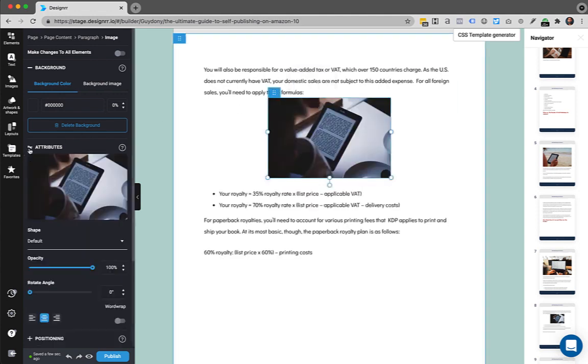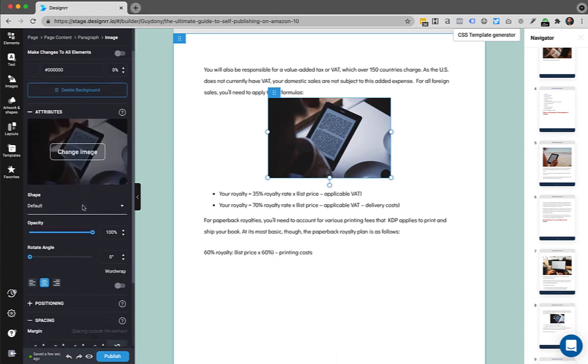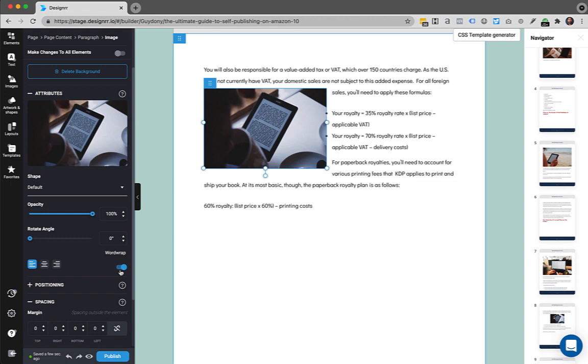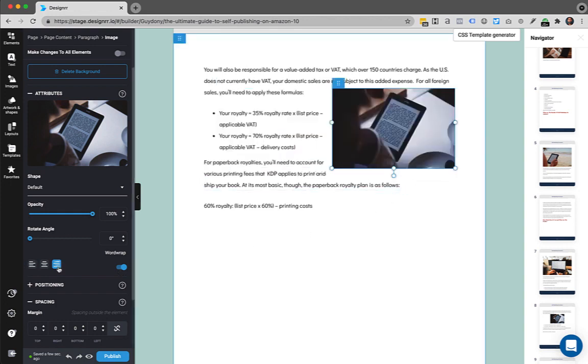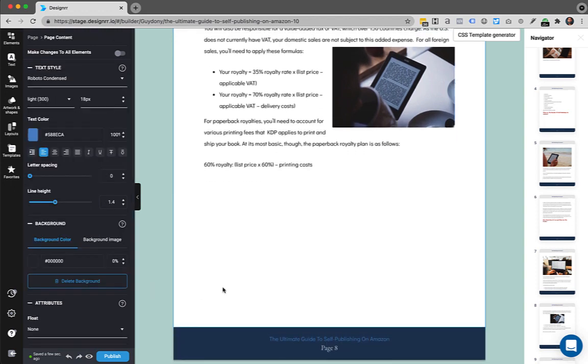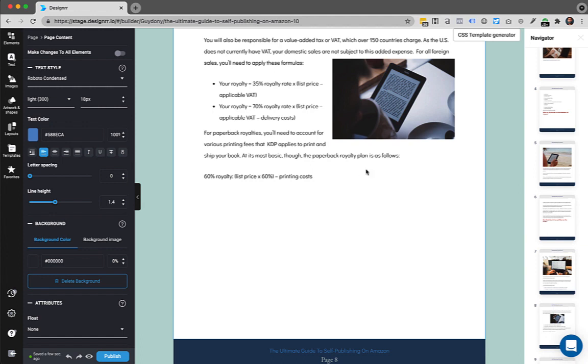So the word wrap controls are on the left hand side under attributes, and if you click on word wrap you can see that now it's wrapped throughout the actual text. And of course just clicking on the right justification will change the position. But here's a key point where if you now want to have an image that's not locked to the text